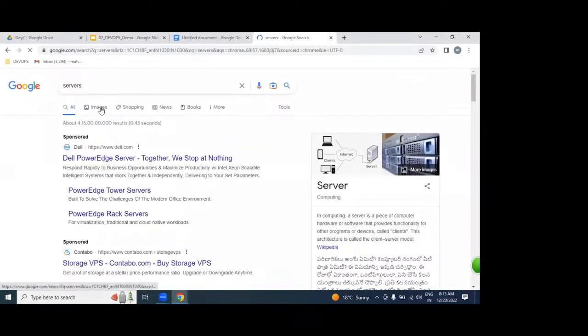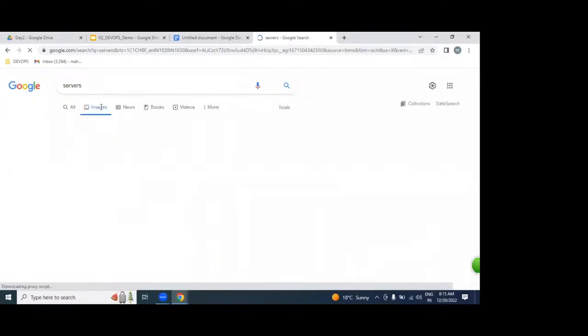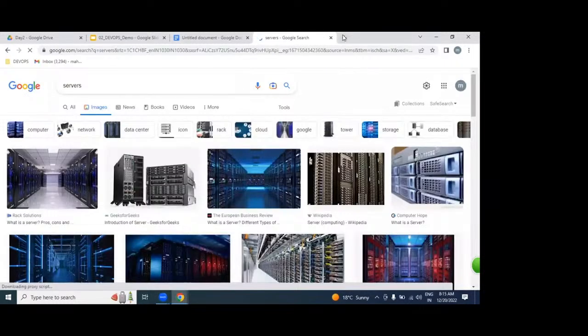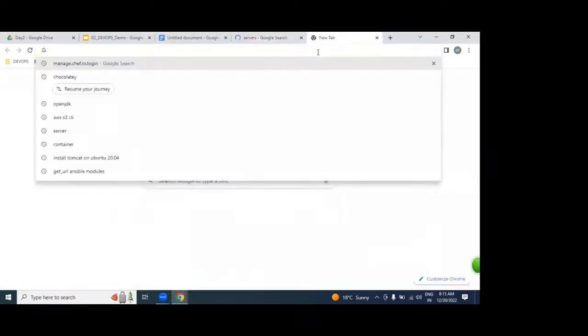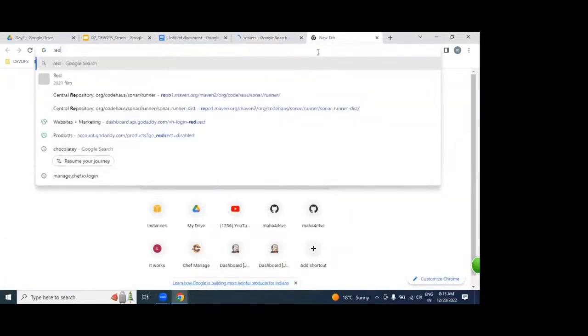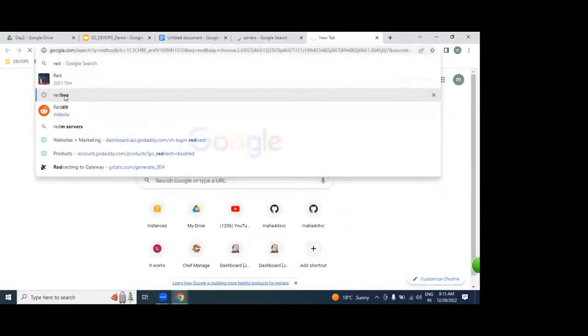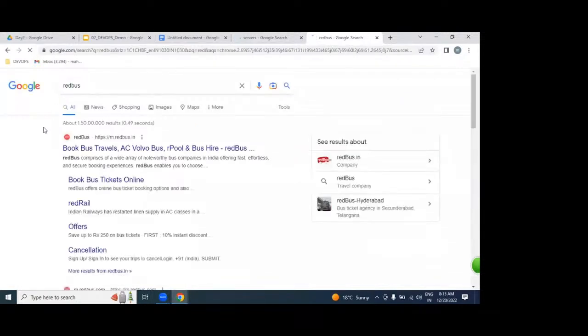Once it is placed on the server side, you access it as a website, like Redbus, Book My Show, IRCTC, Flipkart, any website.